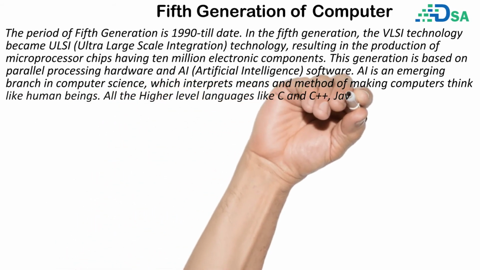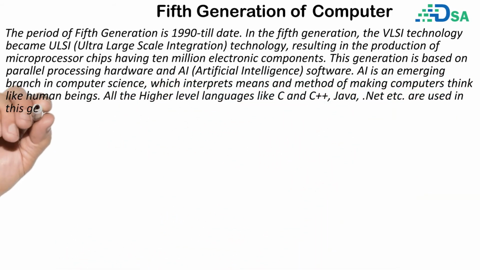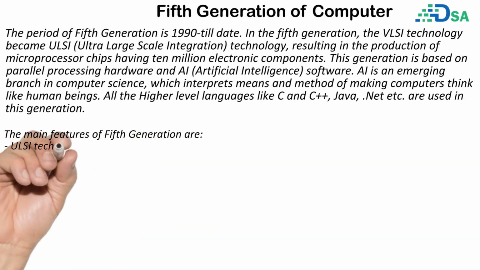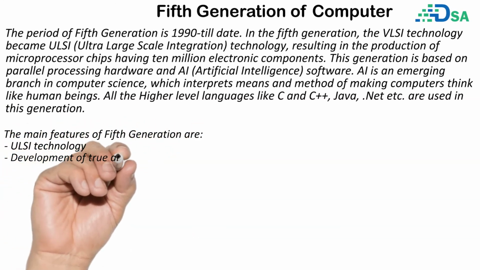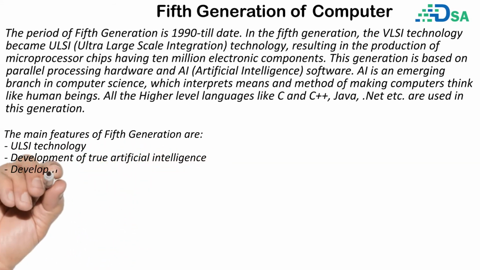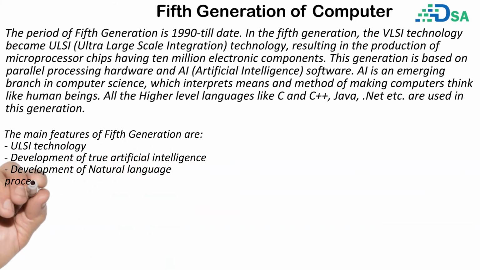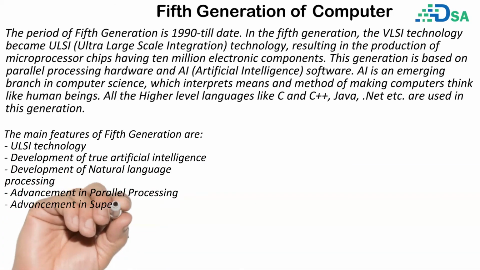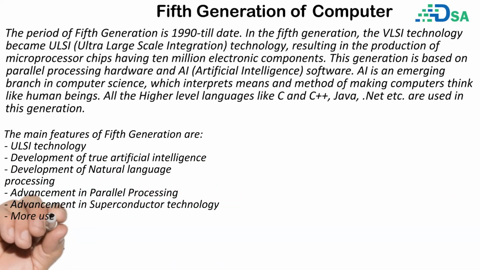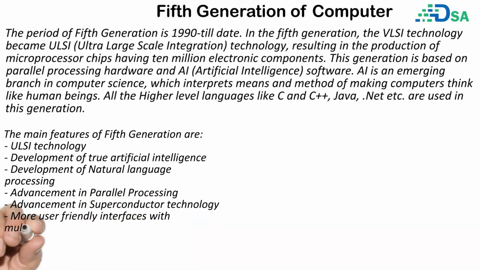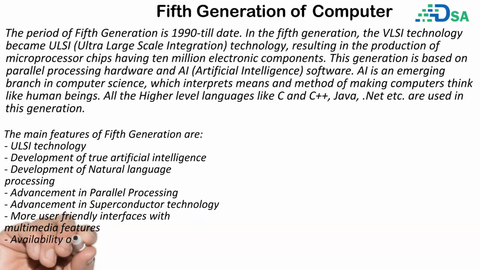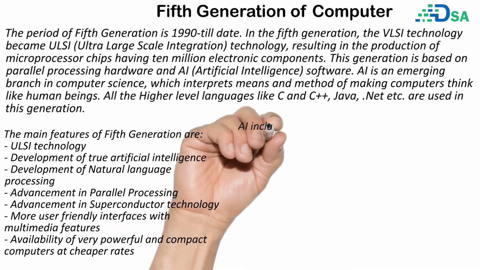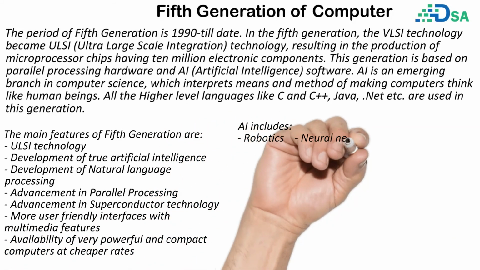All the higher-level languages like C and C++, Java, .NET etc. are used in this generation. AI includes robotics, neural networks, game playing, development of expert systems to make decisions in real-life situations, natural language understanding and generation. The main features of fifth generation are: ULSI technology, development of true artificial intelligence, development of natural language